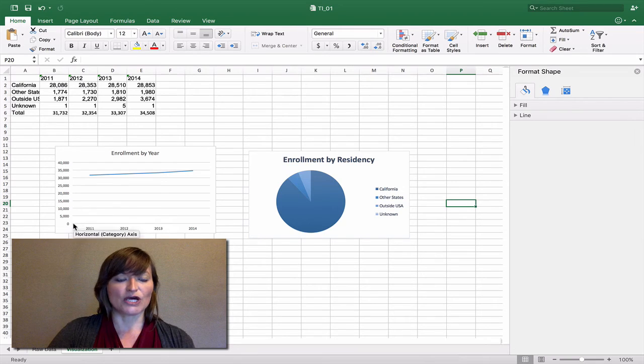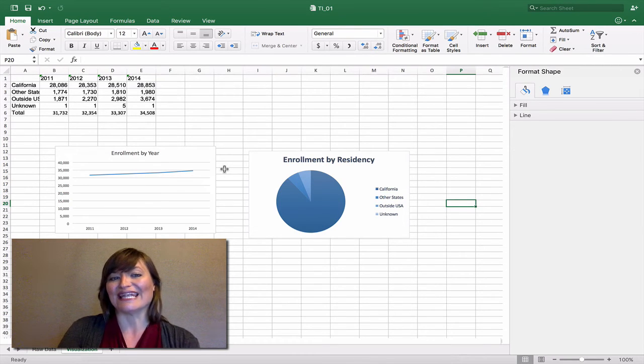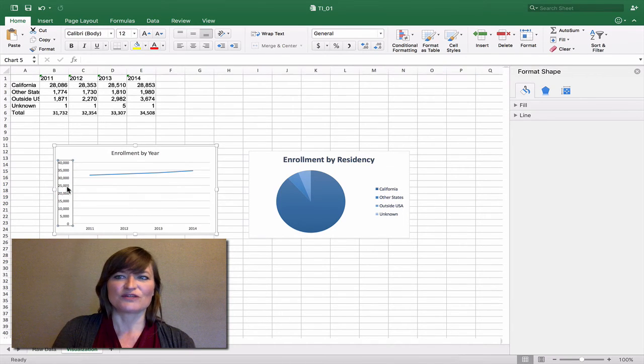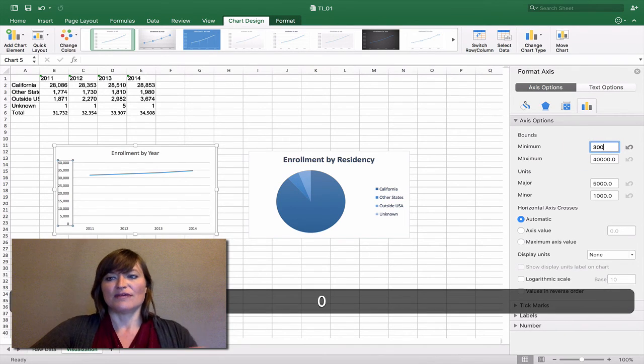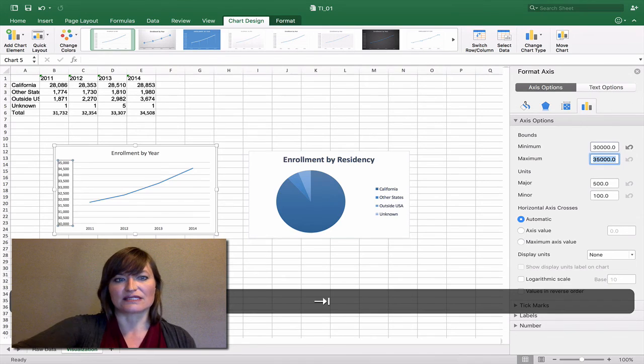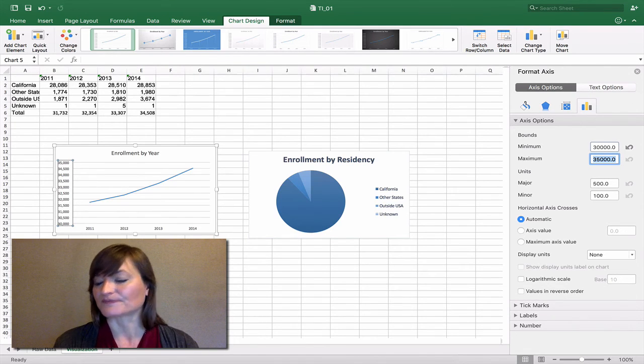Because the scale has now gone from 0 up to 35,000, the slope of the line has really been minimized, and it is looking a lot less like an increasing line. We want to be sure that we're neither accentuating or exaggerating or minimizing the scale of our data.